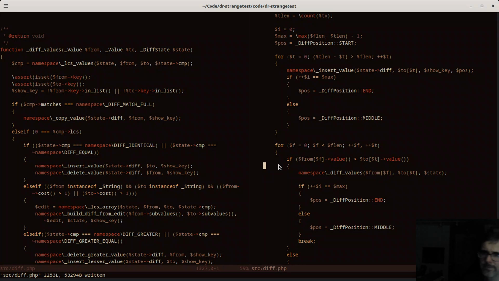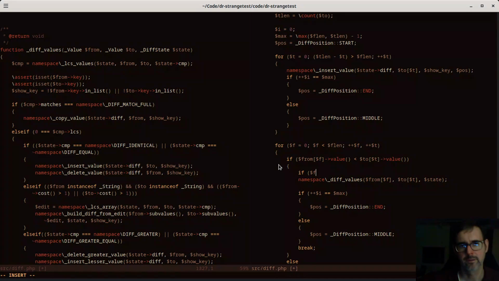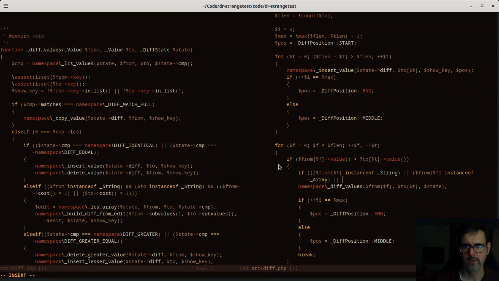So the problem is if, and I guess it's going to be something like if from instance of string, or from instance of array, or from instance of object, and two is an instance of from,